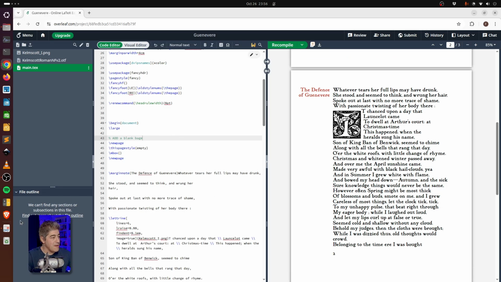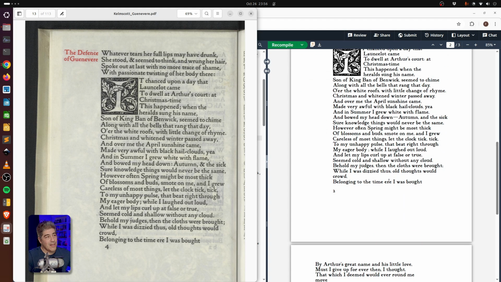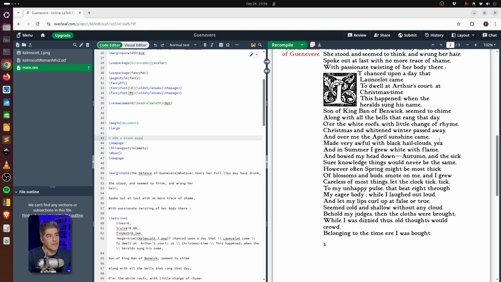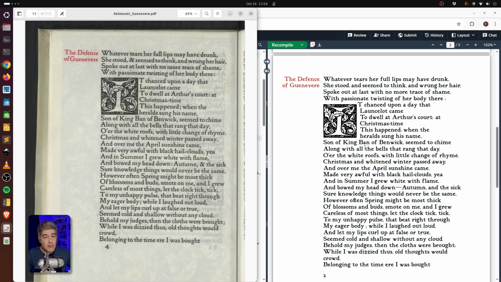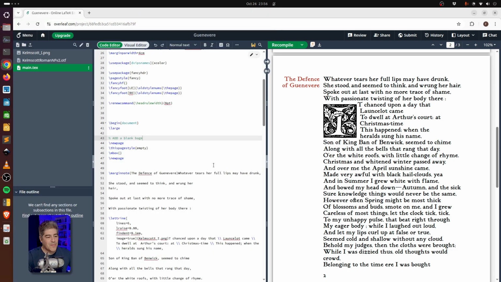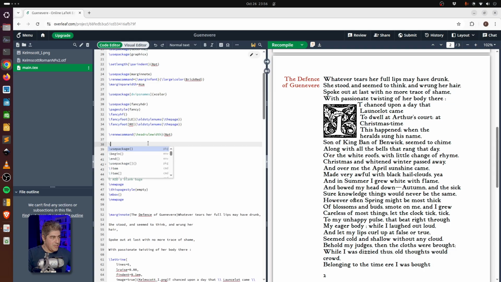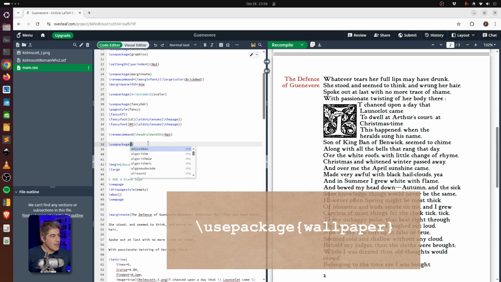And let me compare with the original one. So it's looking much like the original one. I'm just going to zoom in a little bit here so you can compare both side by side. Things look good so far. We could end here, but I'm going to add a little touch to make it easier to compare both pages. What I'm going to do is insert a new command here, which is going to be use package wallpaper,